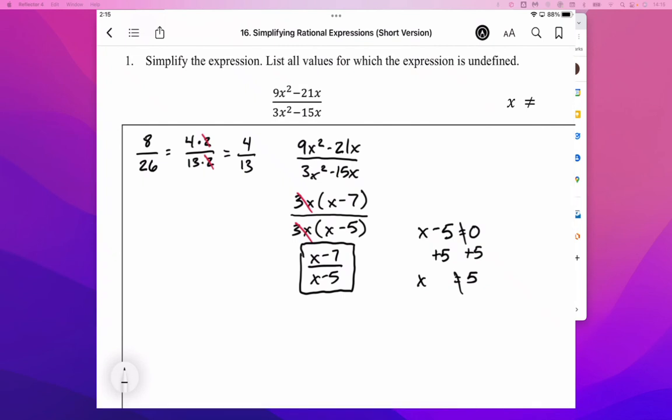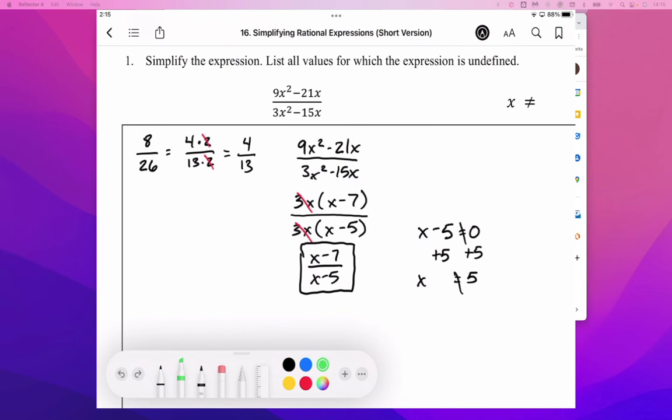So again, kind of summarizing what we're up to here. We're going to factor our numerator. We're going to factor our denominator. We're going to find things in the numerator and denominator that are exactly the same, like these 3 x's. We're going to eliminate them because they would divide out evenly. And then what's left is the